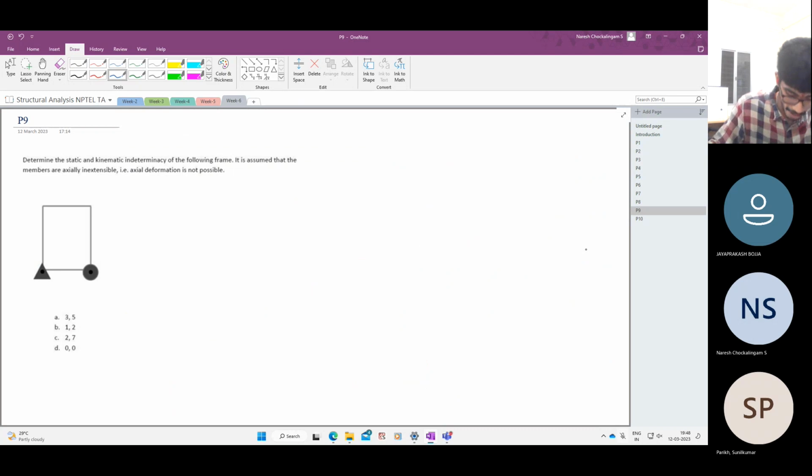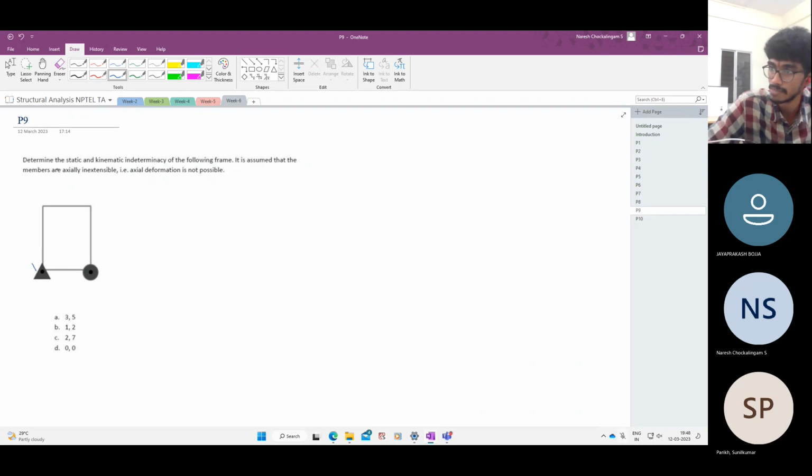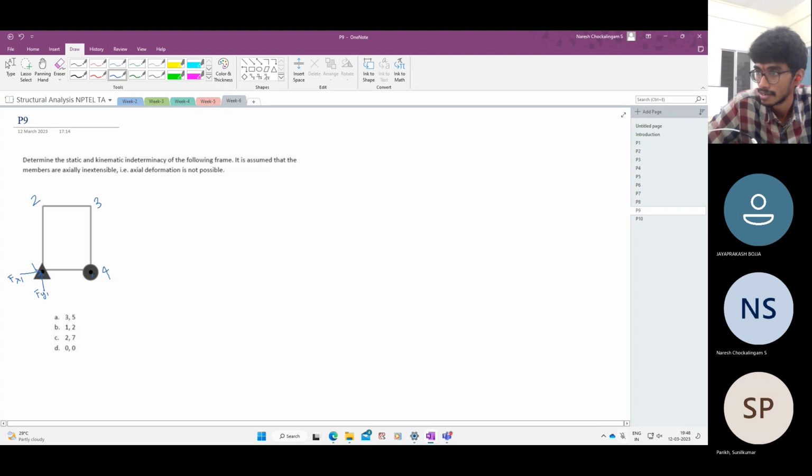So here we are asked to find out the degree of static and kinematic indeterminacy for this following frame. So as usual, let us do the numbering 1, 2, 3, and 4. What are the unknown reactions? We have, say, Fy at 1, Fx at 1, and Fy at 4. So the degree of external static indeterminacy is 3 minus 3, which is 0. And internally it is